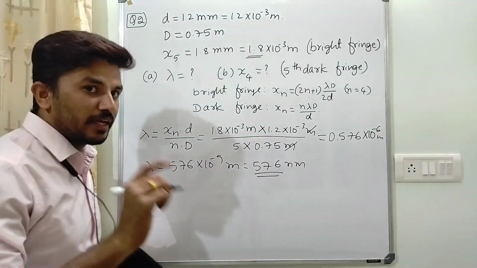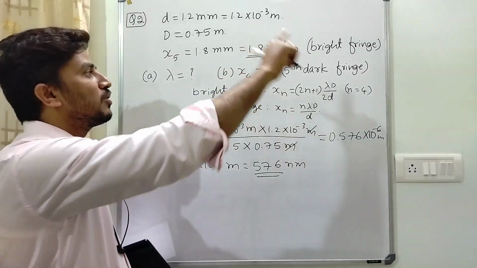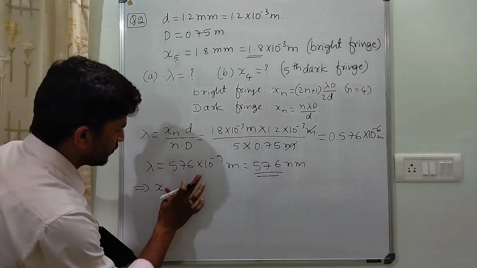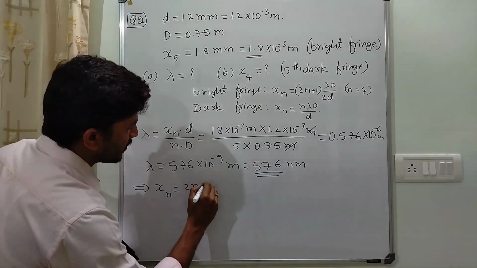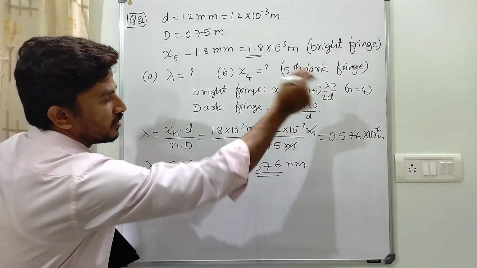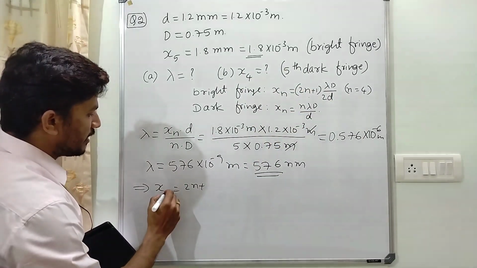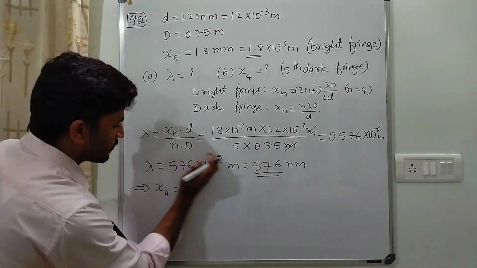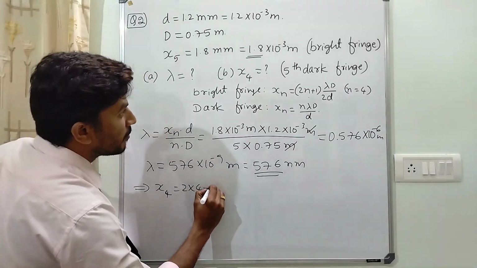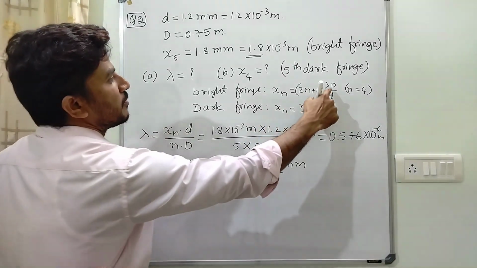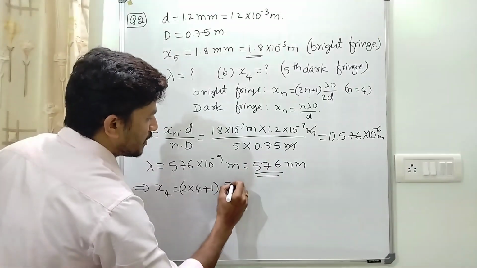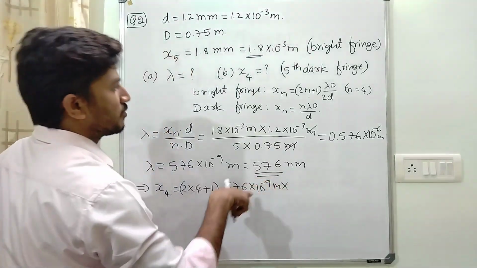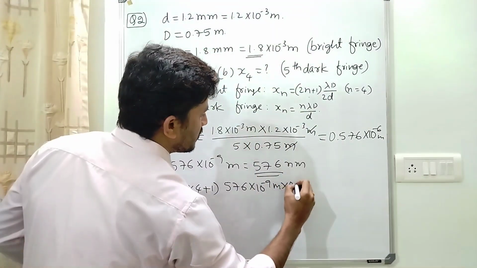This is the first case. They are also asking me to find out the distance of the fourth dark fringe. So let me calculate it. x_n is equal to (2n plus 1) lambda D by 2d. The formula is there. Let me substitute the values directly. Distance of fourth dark fringe: that is (2 into 4 plus 1), lambda value that you have calculated here, 576 into 10 to the power minus 9 meter, into capital D value 0.75 meter,